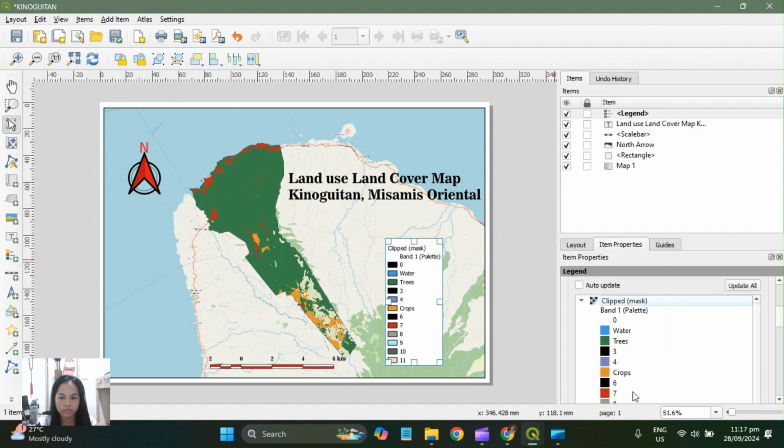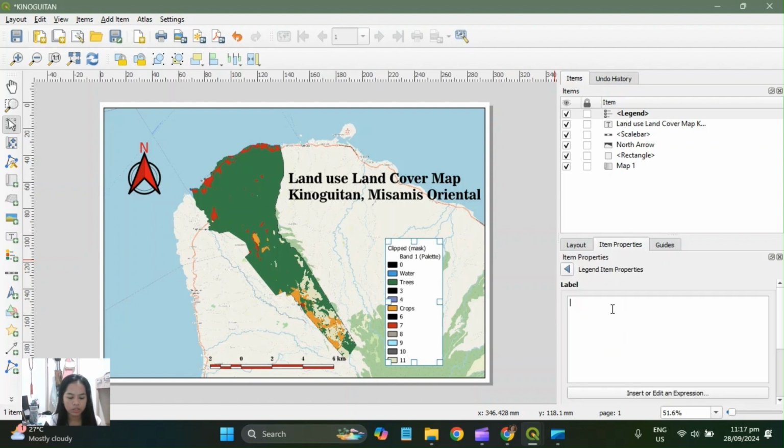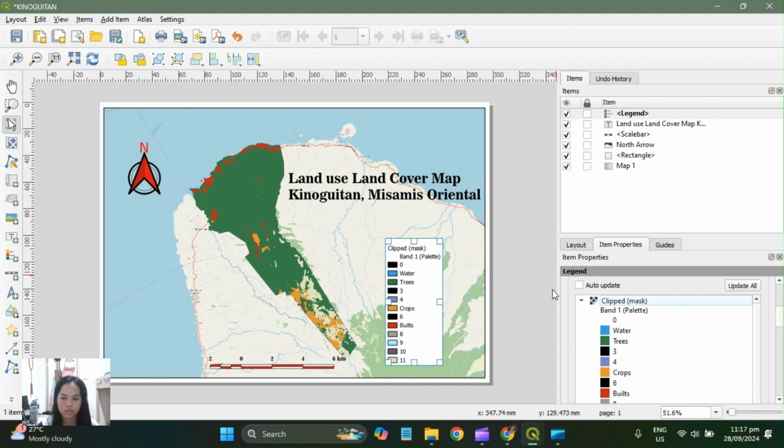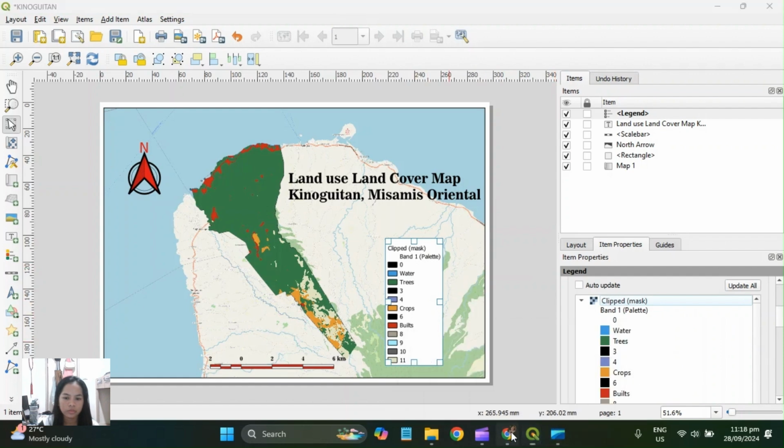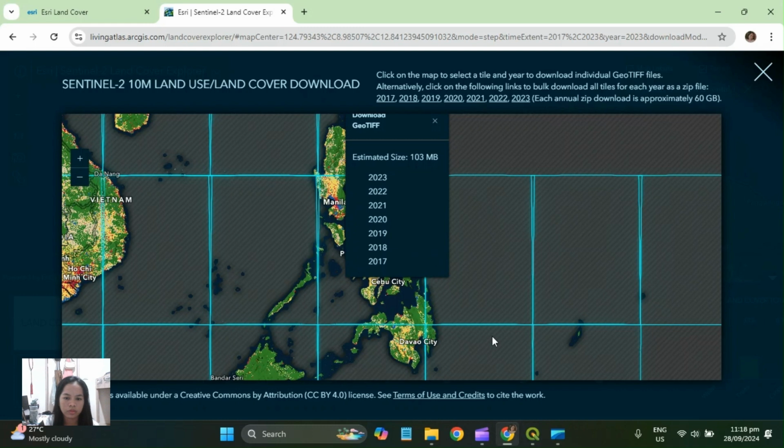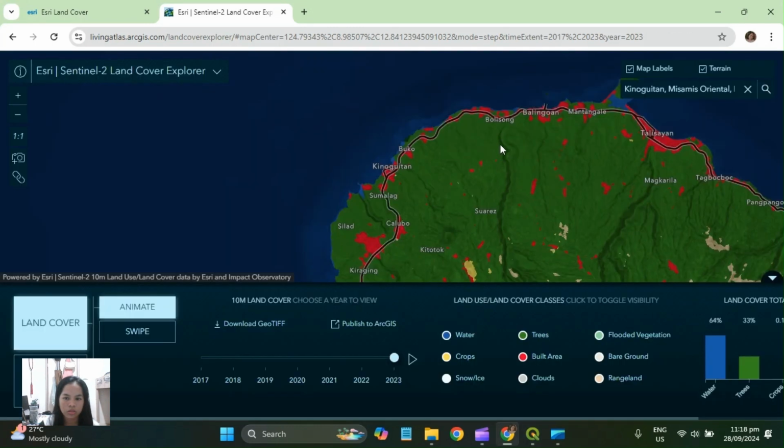Then for red is built. This legend is just based from the Sentinel we have chosen.